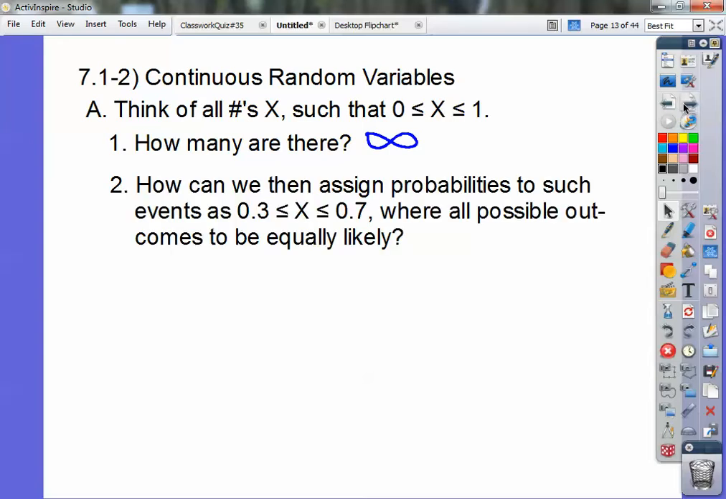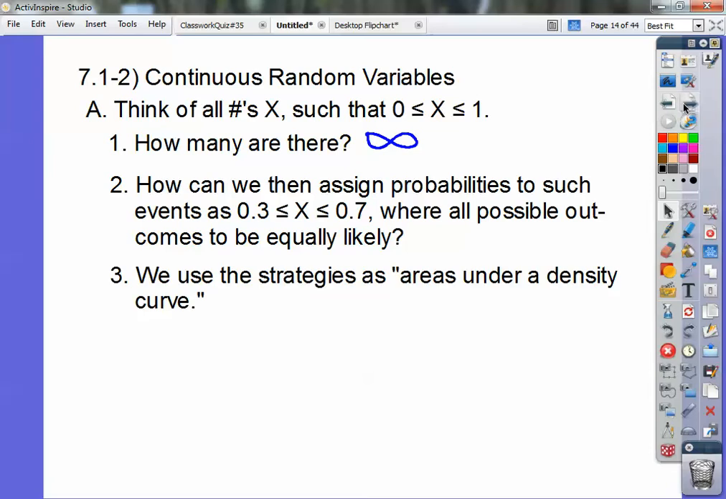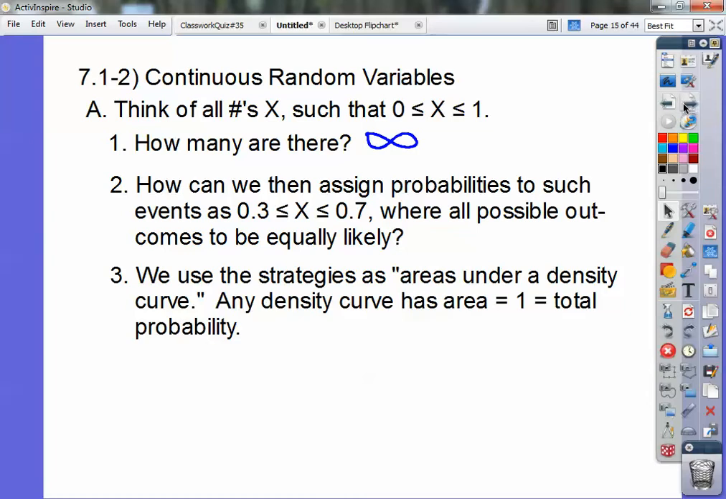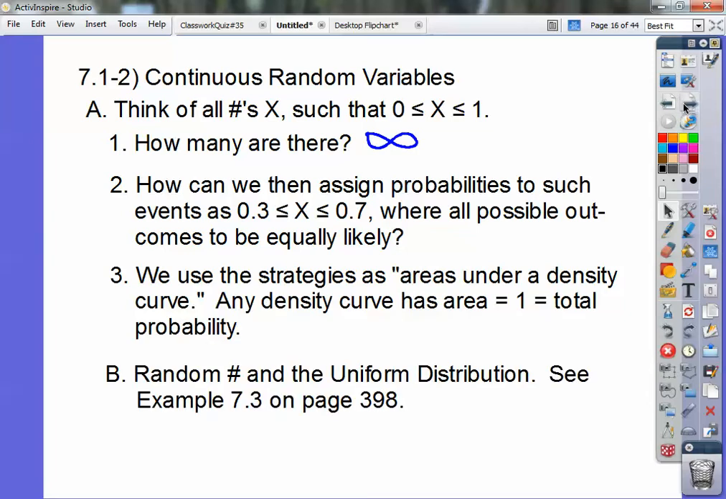So there's infinitely many. So then how can we assign probabilities to such events, such as the x values between 0 and 1 inclusively, where all possible outcomes will be equally likely? Well, what we have to do is think of our density curves. So remember, a density curve, you guys, is a curve where the area always equals 1. So if we think about this, the random number and the uniform distribution,